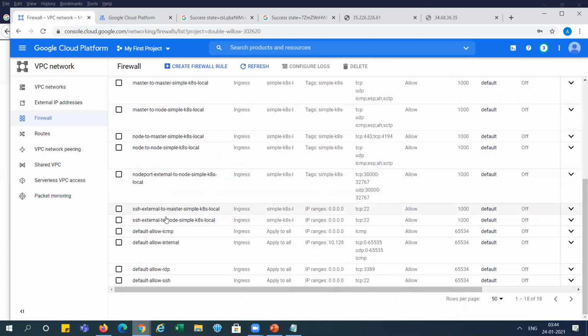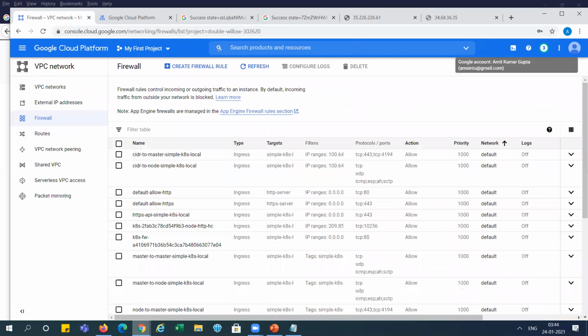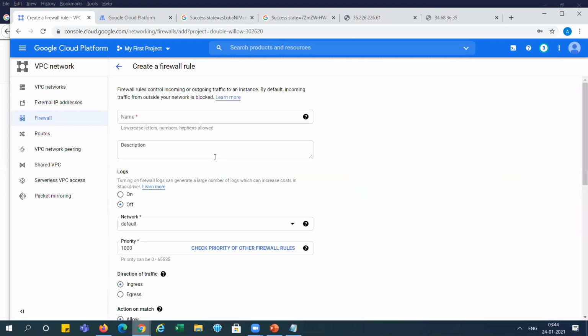Multiple things are already open, created by the Kubernetes cluster. So we will go and create a new firewall. I'm giving it node port.